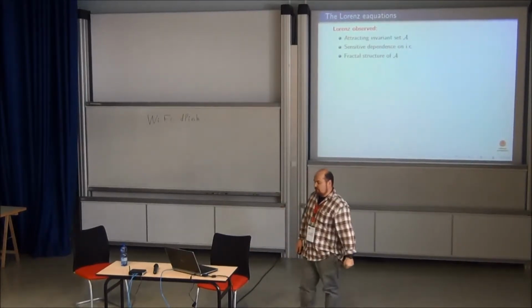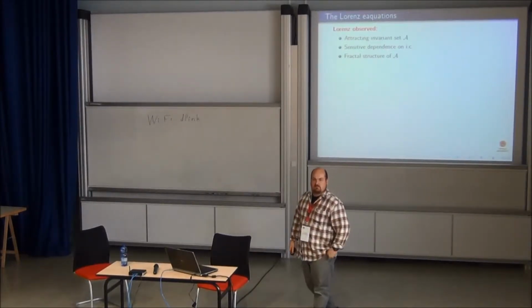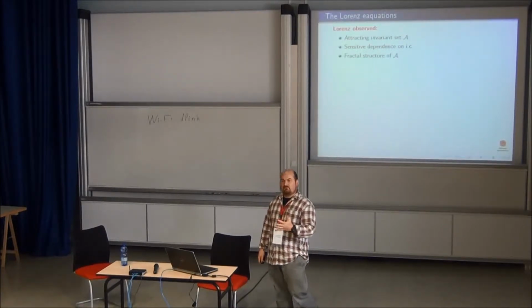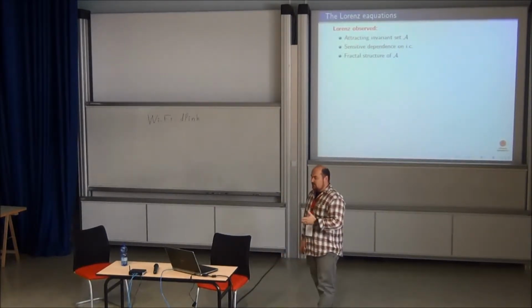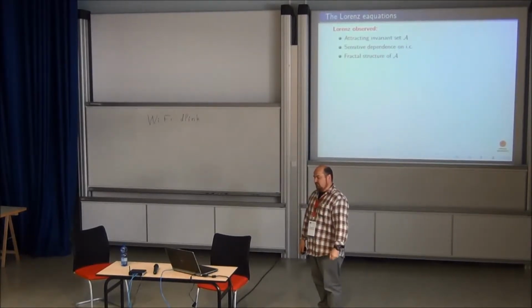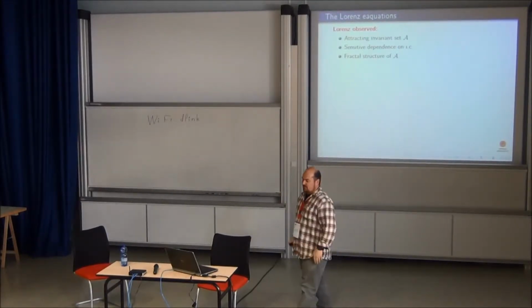He also reasoned that whatever this set A is, this maximum invariant set, it should have some kind of fractal structure. And this is quite amazing. When you read this article, it's striking how he analyzed this, using very, very little data, and just thinking about what the flow was actually doing here, he came to this